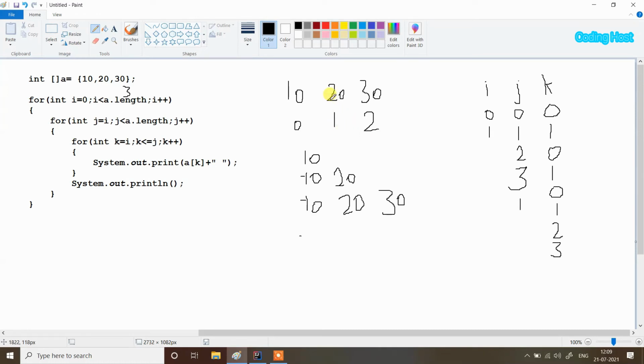That index 1 element is 20. So it will print element 20 here, and after printing 20 this for loop will break and we go to the next line, and after that j will increment, so j will become 2, and now it will again check that j is less than a.length.